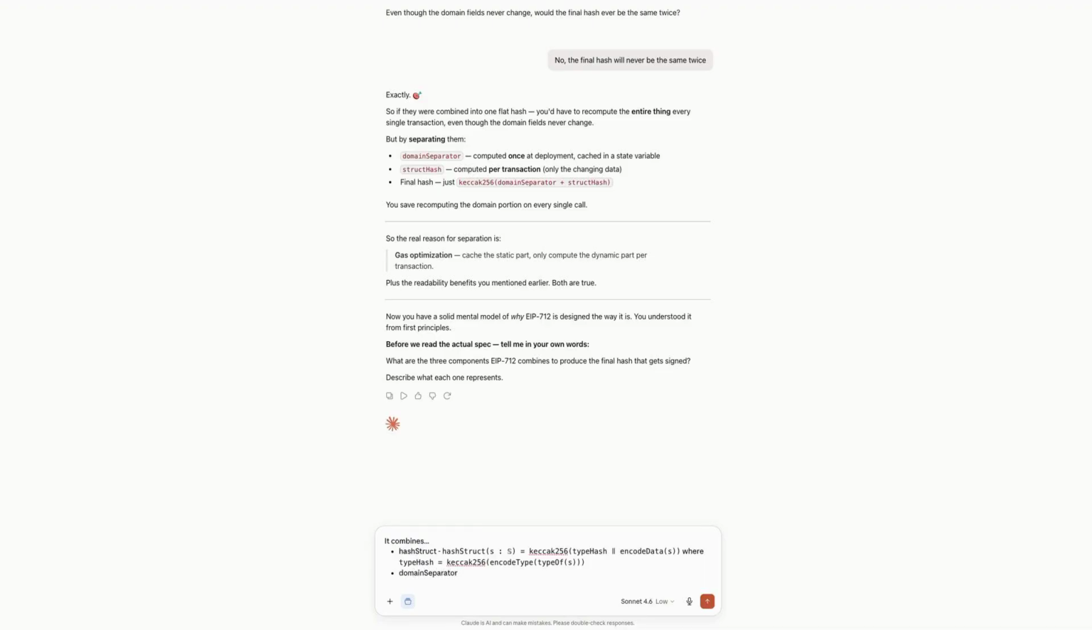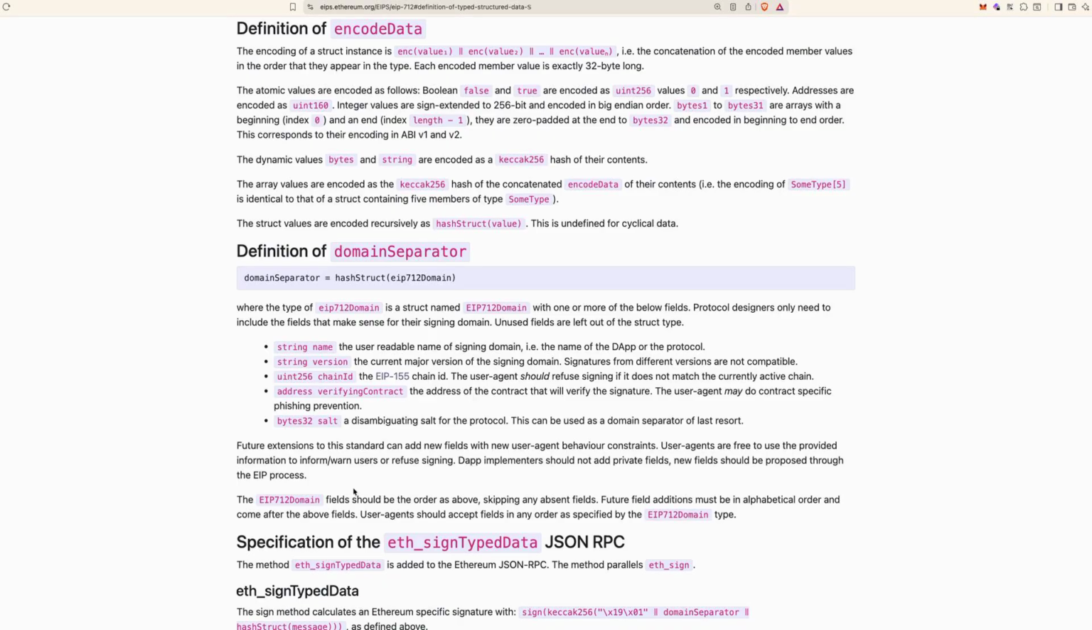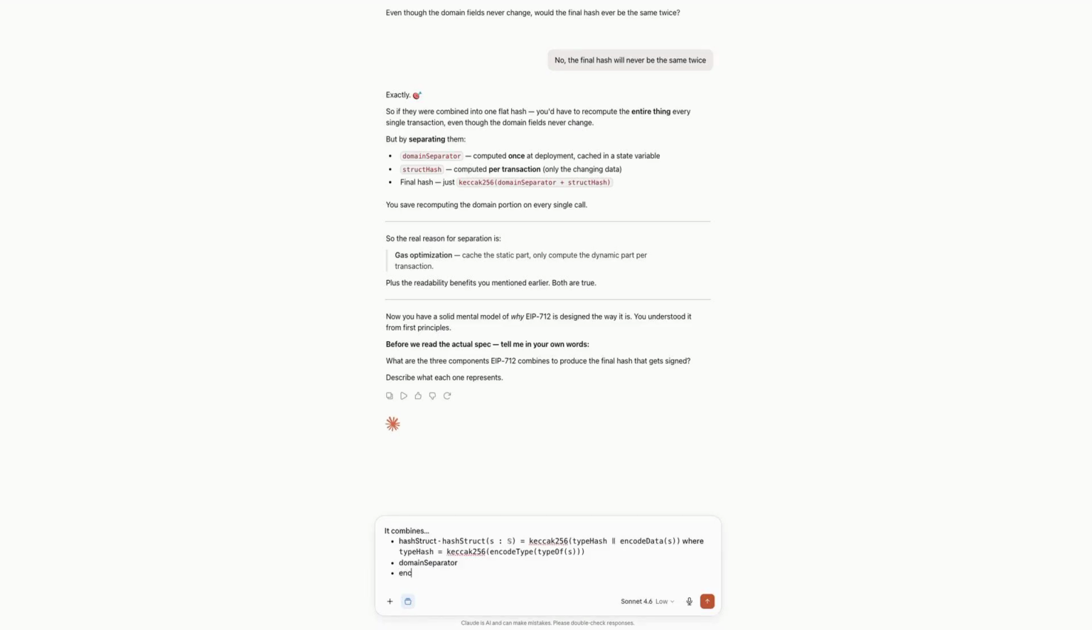domainSeparator, and at last encodeData. The data to be encoded and signed. domainSeparator is the static part that differentiates different dApps on chain, different tabs, or